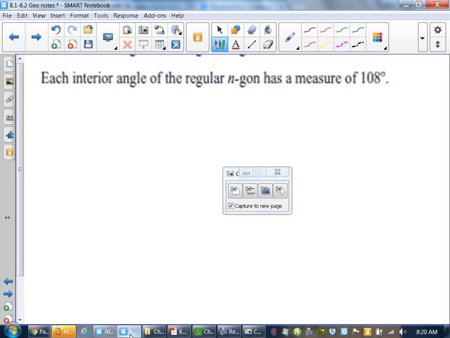Each interior angle of a regular n-gon, which means polygons, you don't know the number of sides, equals 108. So this is dealing with the regular polygon stuff. You've got this one here, which means if each interior equaled 108,